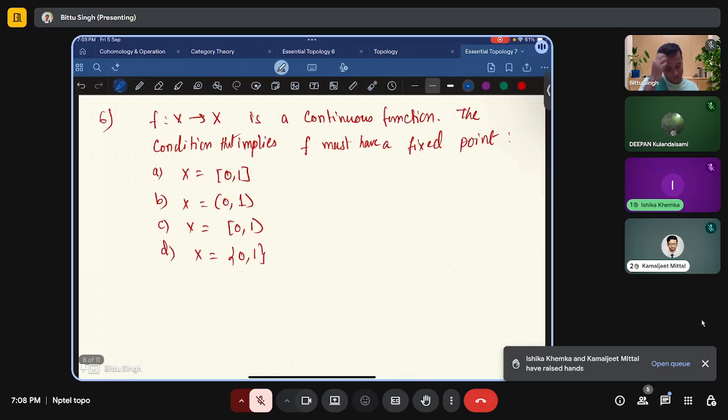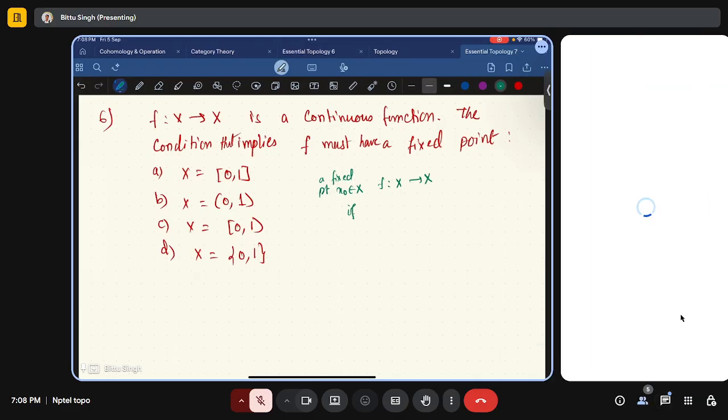Do you know what is a fixed point? f is a function from X to X. A point x0 belonging to X is said to be a fixed point if